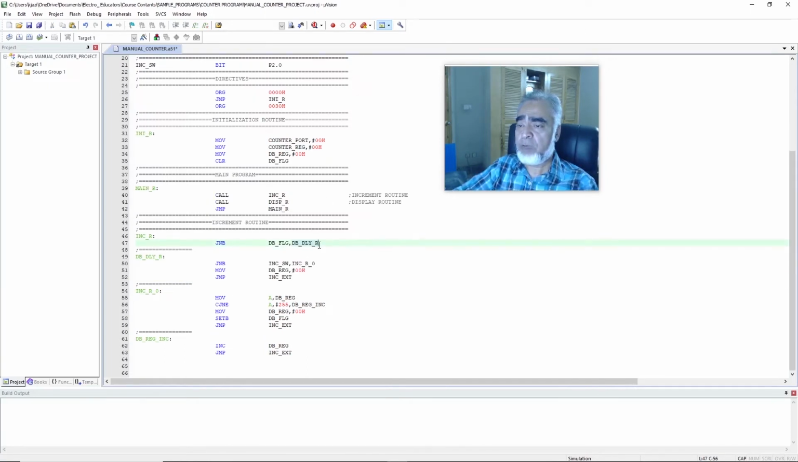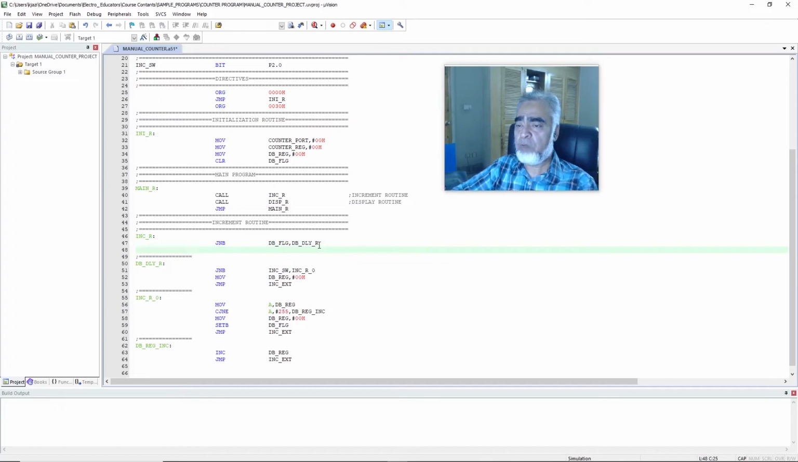But if the debouncing flag is set after the duration of 768 microseconds, then our program will come to the next line, and here it will check if the increment switch is released or not. So here on the next line, our program will check jump not bit, that is increment switch, comma increment exit, and when the increment switch is released, if the debouncing flag is set, then our program will come to the next line,